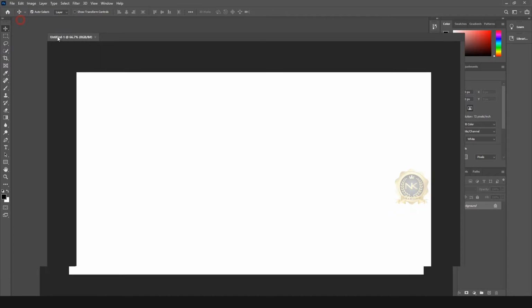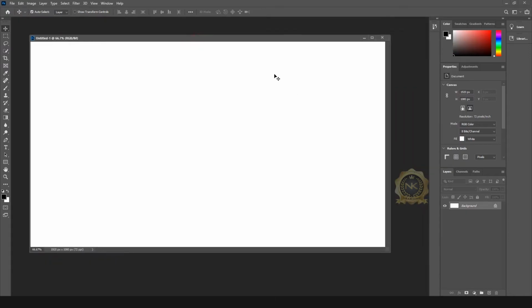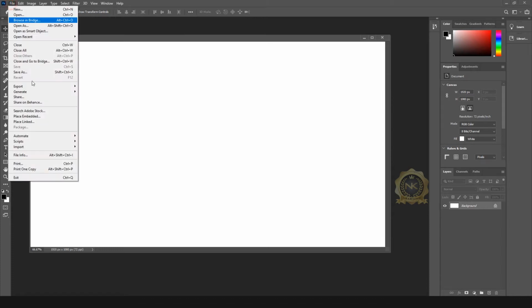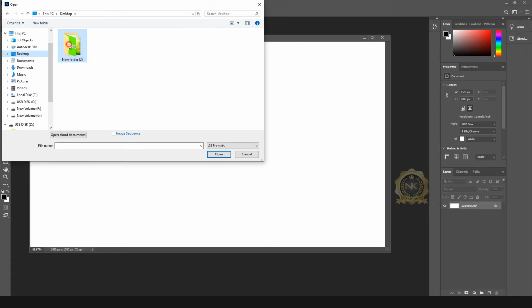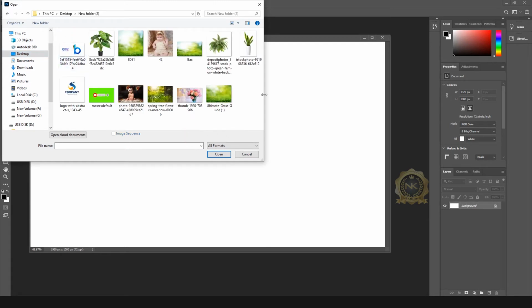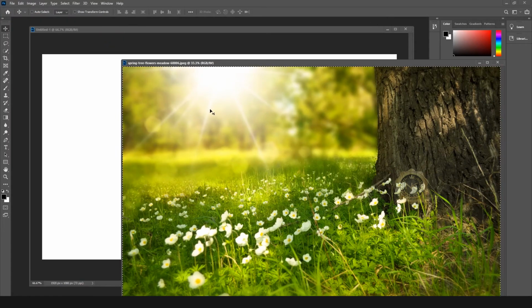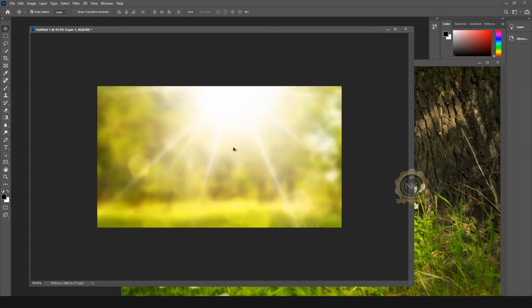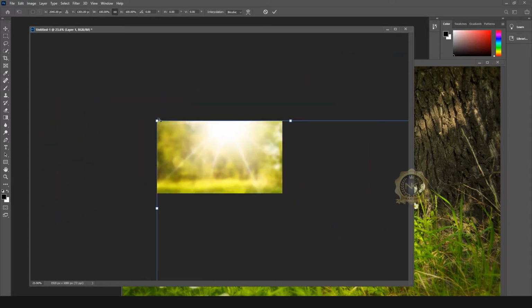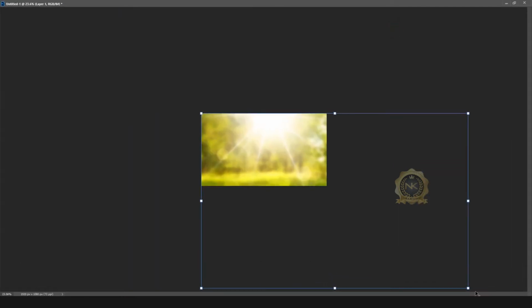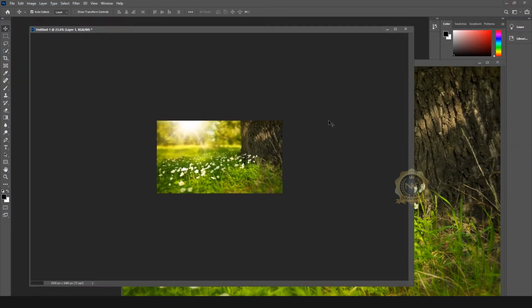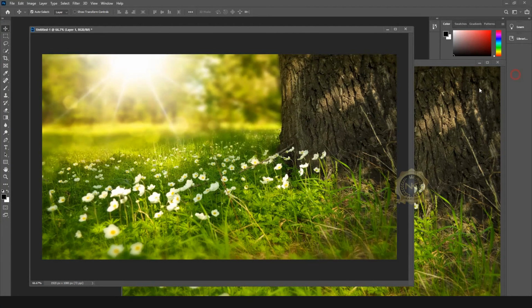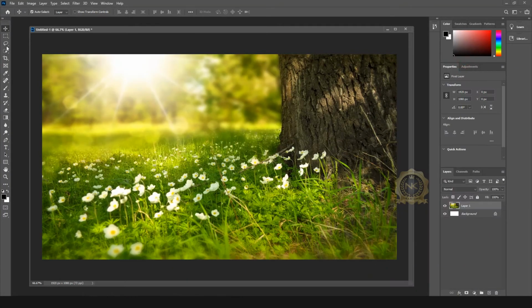Yeah, I create a background. Go to open one background image. I select this one. Okay. Control A selects the entire image. Control V to paste. Just drag and fit the page size. Okay, I make a background in my new page. Okay. Now